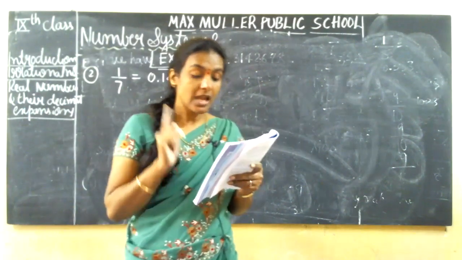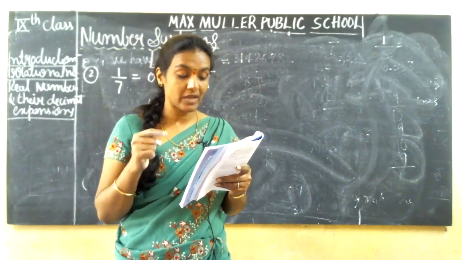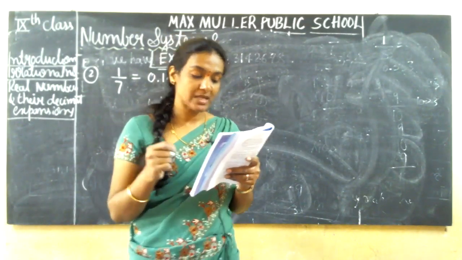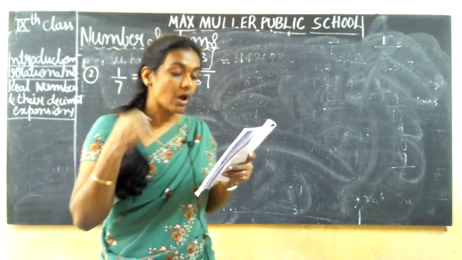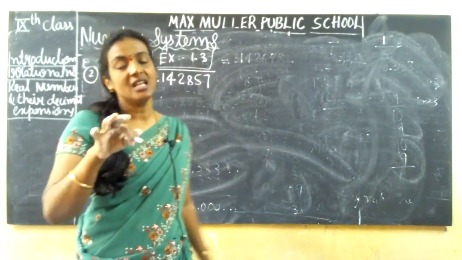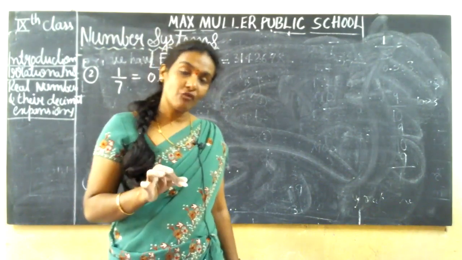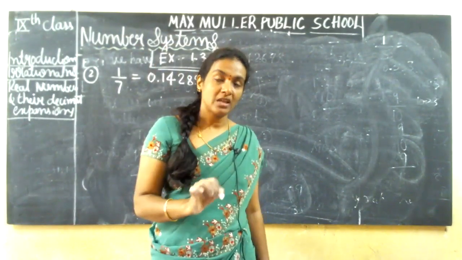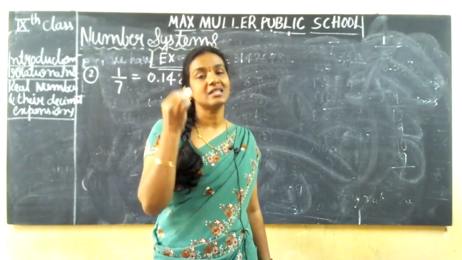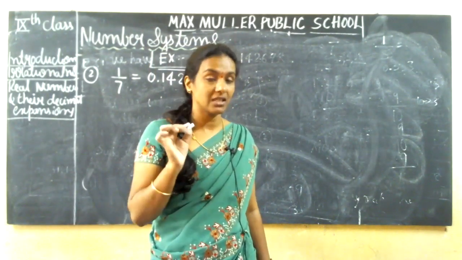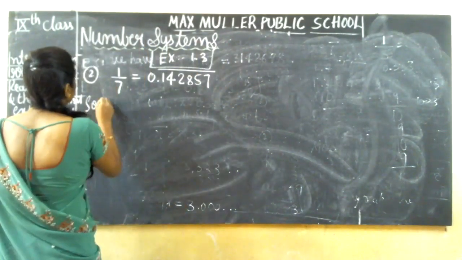So what you need to do here? Can you predict the decimal expansion of 2/7, 3/7, 4/7, 5/7, 6/7 without actually doing the long division? If so, how? Their question is you should not do a division as you did for 1/7. Think, guys, and tell me how we will do this one.